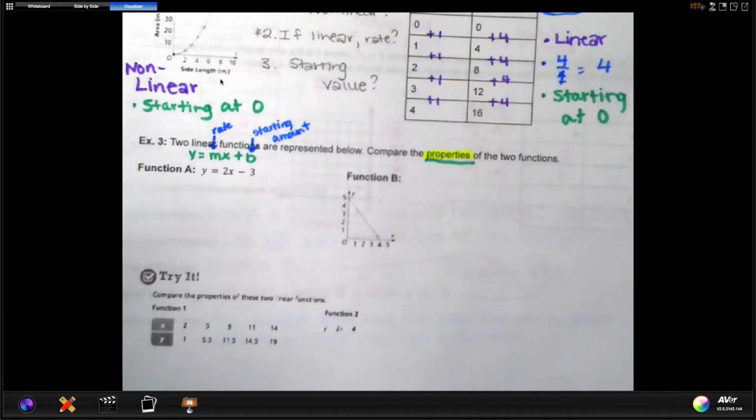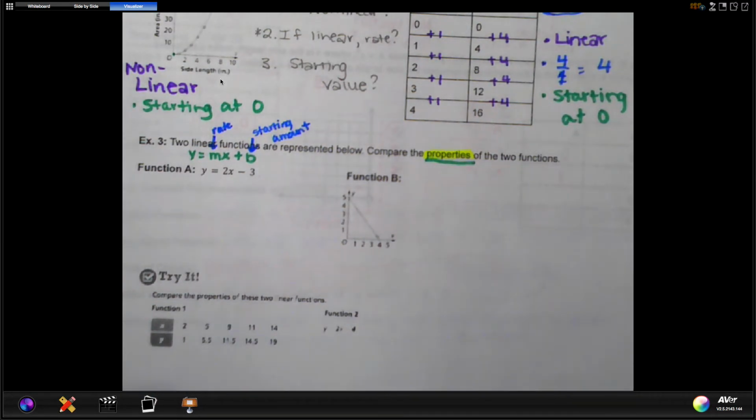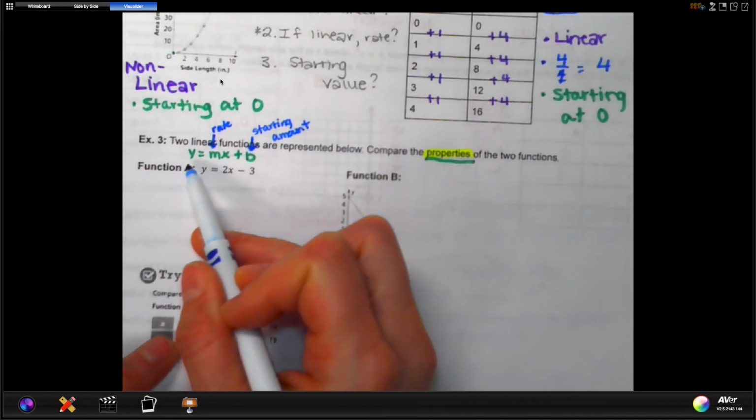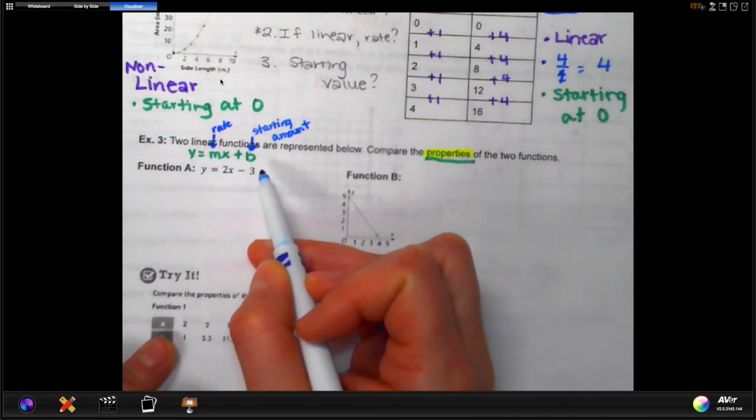Okay, so when we're doing our three things then for function A in this case, anytime it is in this format, y equals mx plus b, and there are no,